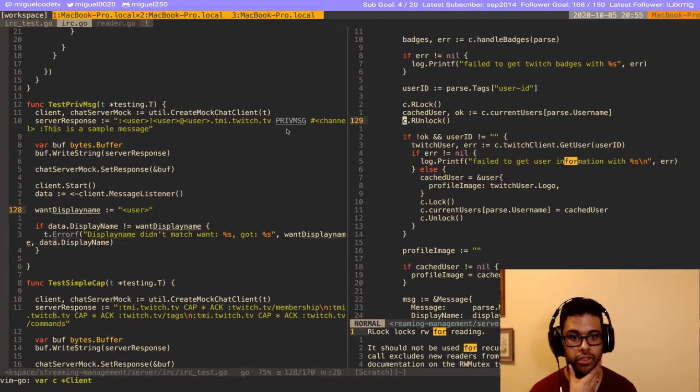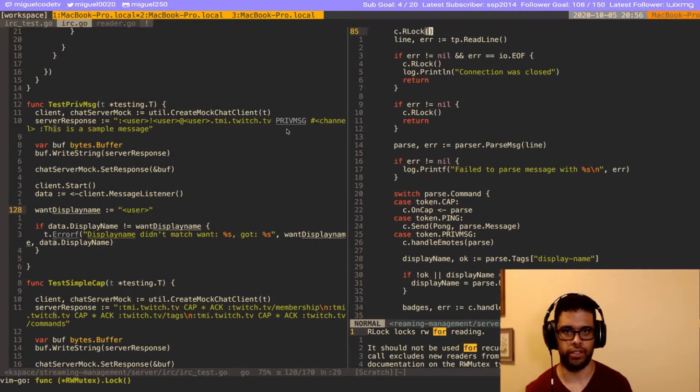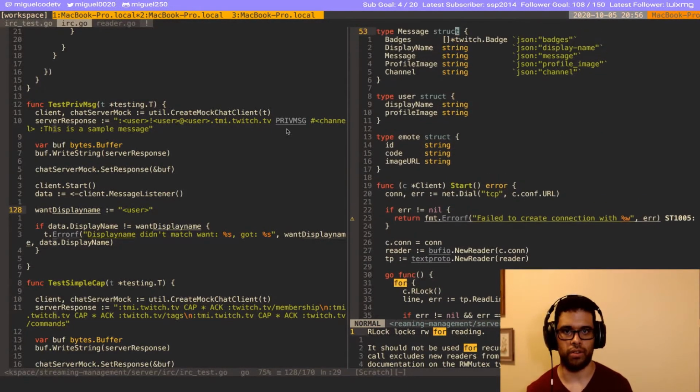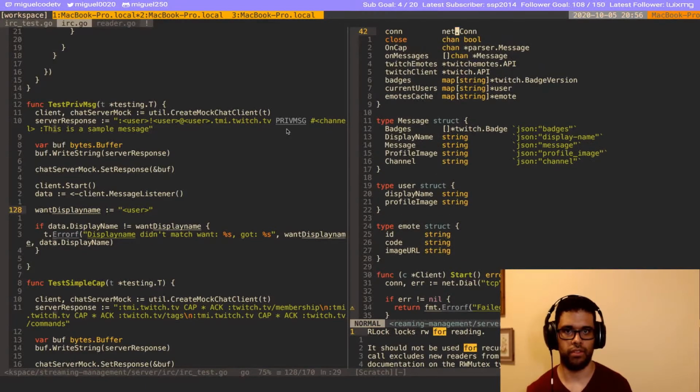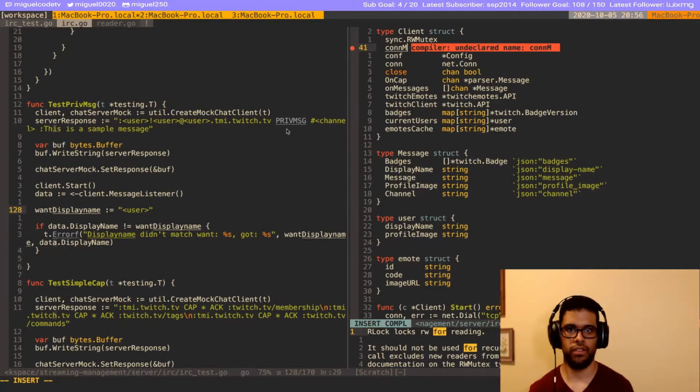Oh, I should be careful because I am taking multiple locks, which is okay, but I have to be careful just because I'm taking 10 different locks here. I'm just gonna create a new kind of lock, and I'm gonna call it connection lock, and it's just gonna be another sync.